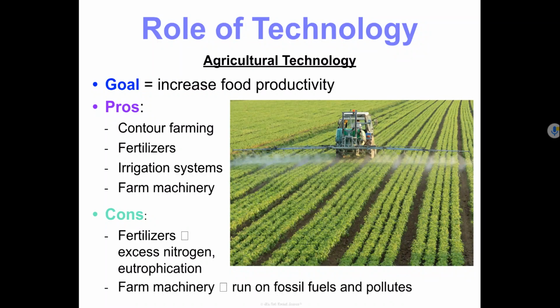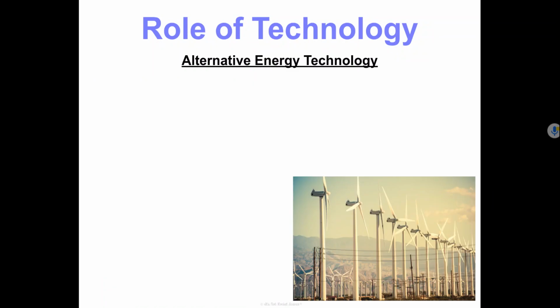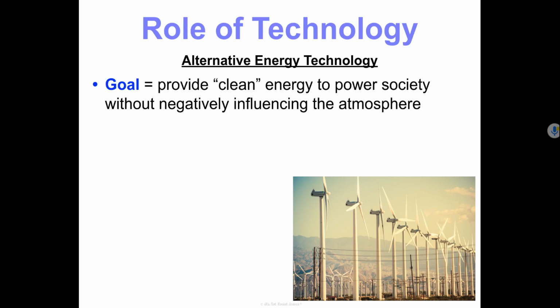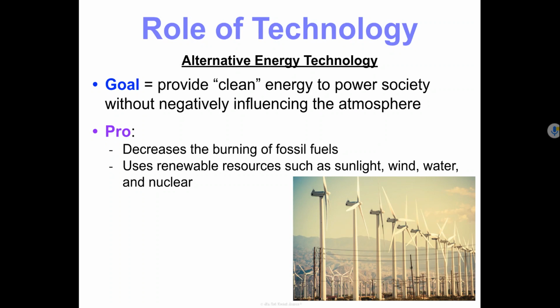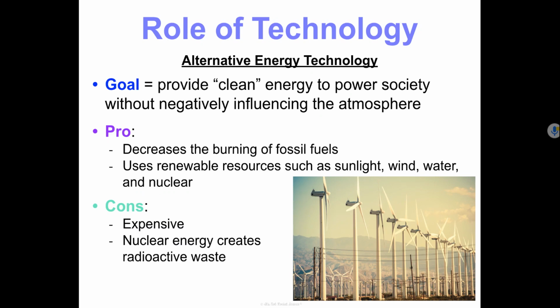The farm machinery runs on fossil fuels, which puts carbon dioxide in the atmosphere. Okay, a second type of technology is alternative energy technology. The goal of this type of technology is to provide clean energy to power society without negatively impacting the atmosphere. The pro is that this decreases the burning of fossil fuels and uses renewable resources such as sunlight, wind, water, and nuclear power. The con is that this type of technology is very expensive and nuclear energy creates radioactive